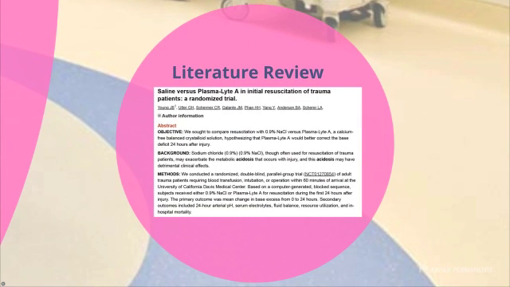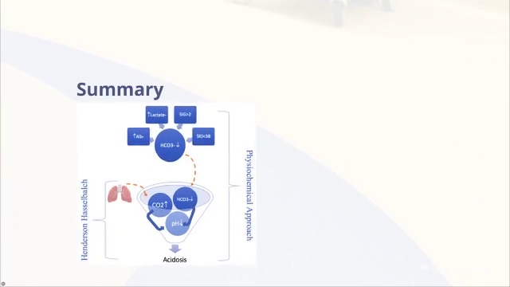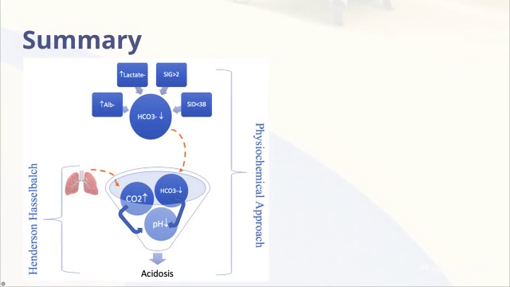So with this new understanding, you can look at some of the literature that's out there and you can have a better understanding of why things happen the way they do. So this is a randomized control trial from UC. It was just interesting. So to summarize, if you use the Henderson-Hasselbalch method only, you're limiting yourselves to looking at